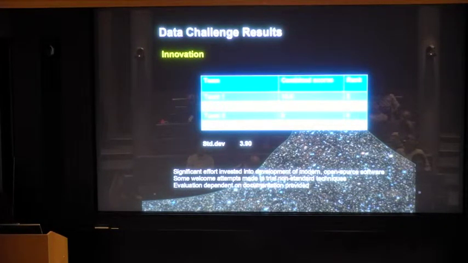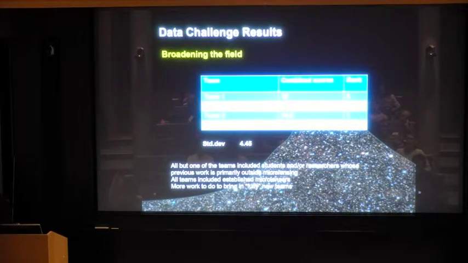As I mentioned, there has been investment in developing public and open source software for analysis generally. There is more work going on in that area, and there are some very welcome attempts to try some non-standard techniques, especially machine learning. This evaluation had to depend strongly on the documentation provided, so I commend the teams to look carefully at the written return from the panel.